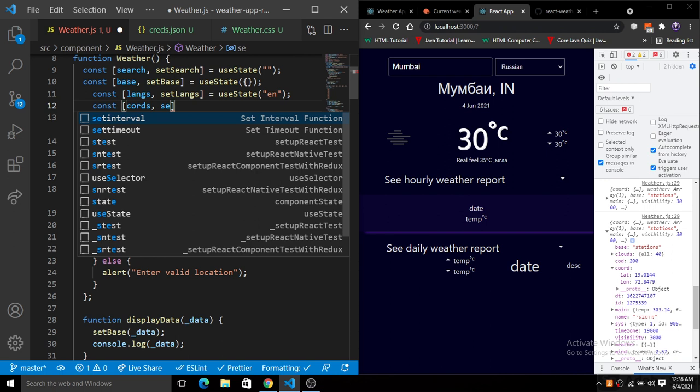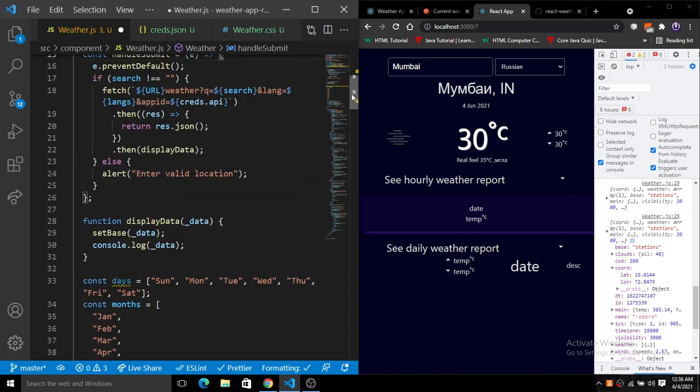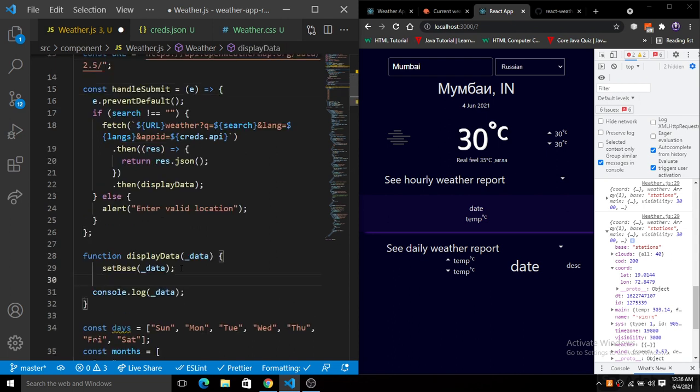Initially it will be an empty object like this, and when we call this handleSubmit, we will simply set the coordinates also. So let's set the coords with the data that we have, data.coord.